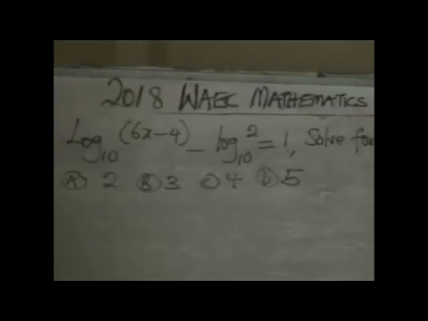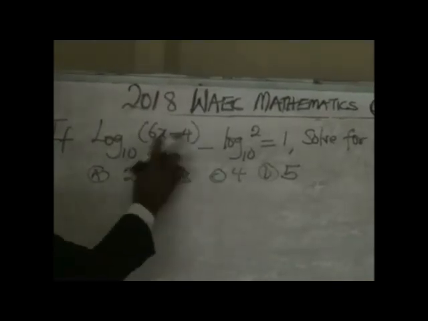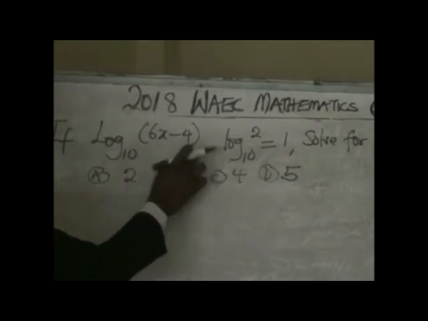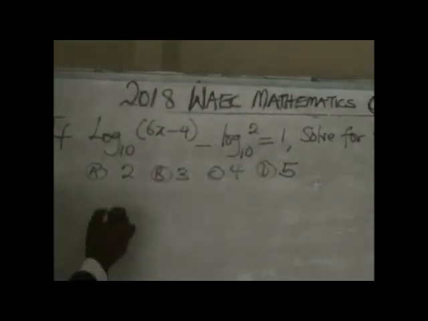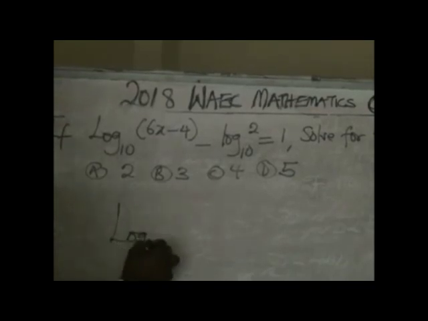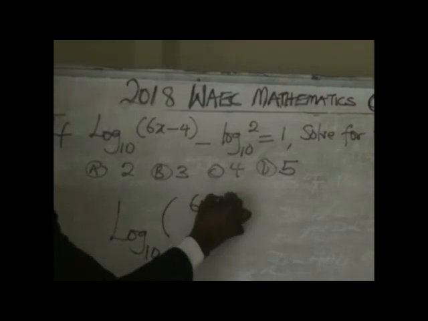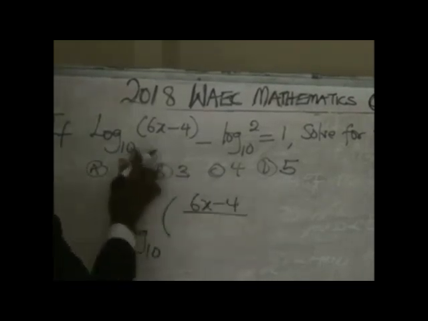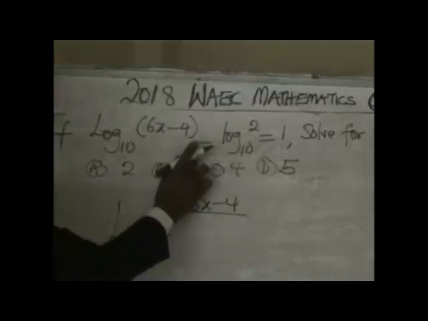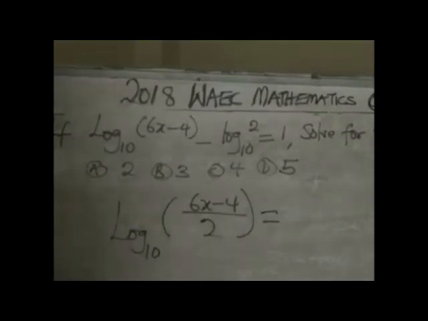This is logarithm. So what you do is, this is minus, so you are going to do division. This is subtraction, you do division. It is multiplication, you do addition of the power. So what you simply do is to write log base 10 raised to the power of 6x minus 4 over 2, since they have the same base and it's subtraction, you divide their power, equal to,